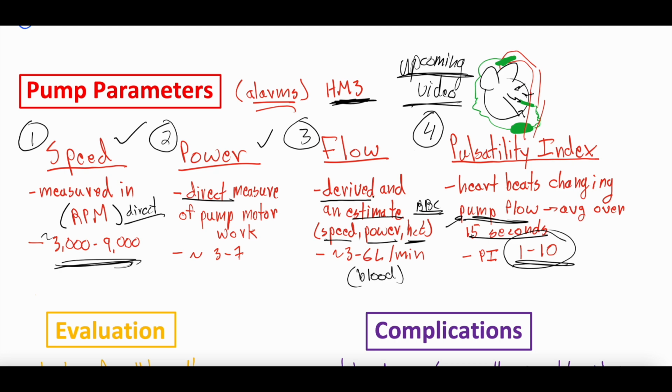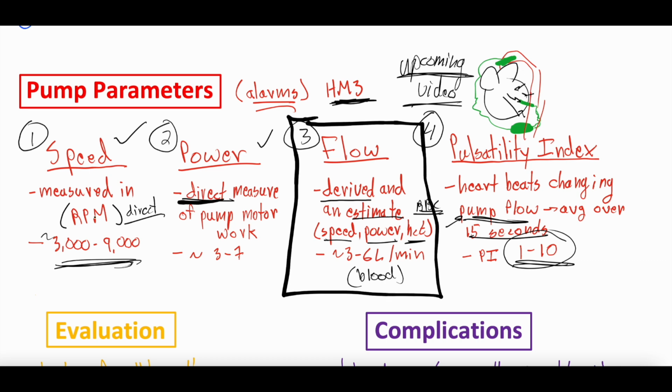So those are 4 things that the controller unit of the LVAD will show you: the speed, the power, the flow, the pulsatility index. The flow is the only thing that is kind of estimated and derived. The rest of them are direct measurements, and all of them can tell you kind of about the quote-unquote normal